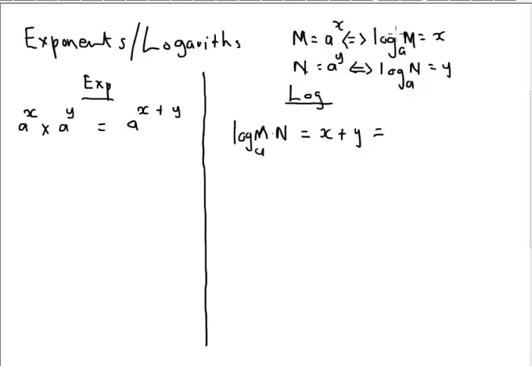But x plus y, x itself alone is the logarithm of m. And the y on its own is the logarithm of n. What does this mean? Just this part and that part, they are equal. What does it mean? It means that the log of a product is the sum of the logs of the individual numbers. Then it means that one day I can be given this and be asked to express it just using